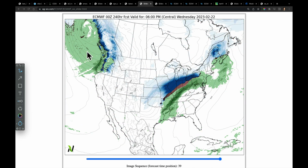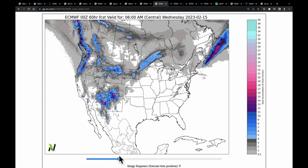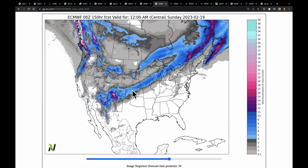And at the end of this, do you notice how better moisture is coming into the northwest? Keep that in the back of your mind in a few moments when I show you the week 2 precipitation pattern. So European model, total snowfall, there's system 1. That's the one that came through, bringing in the snow here to parts of Montana. System number 2 comes out of Colorado and spreads its snow here, possibly some locally heavy amounts right into this